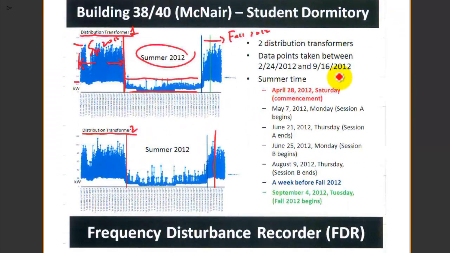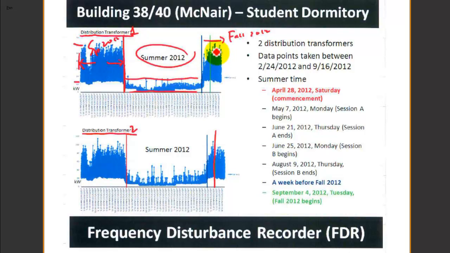This is a load profile showing how we get data every 15 minutes from a dormitory building, 38/40 McNeil. This is one distribution transformer for McNeil, and the second one, and this is spring semester. In spring semester and summer, nobody lived there, so the load abruptly changed to less consumption, and then as we began the fall semester, this number ramped up, and as you can see,